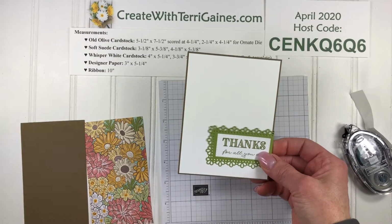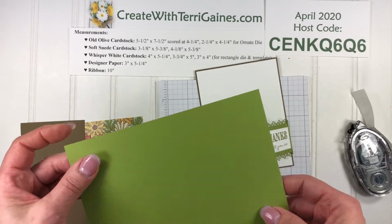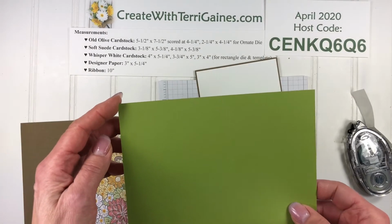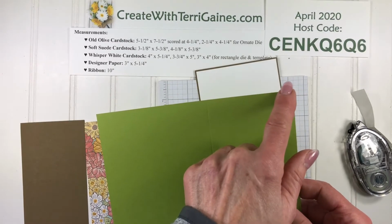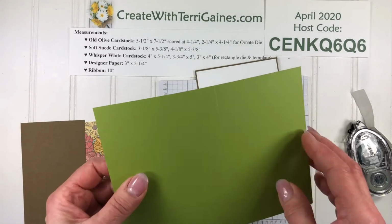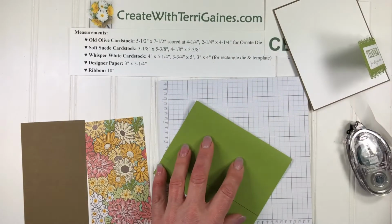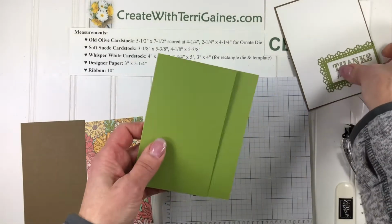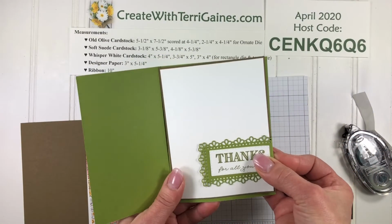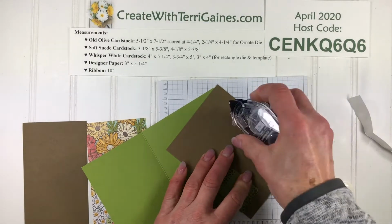This is going to be attached to the inside panel of a piece of Old Olive cardstock that is 5 1/2 by 7 1/2, scored at 4 1/4. I use the Simply Scoring tool to score that, and then you want to take a bone folder and crease that. This is going to be attached to the inside part of this card, and it has, again, a 1/16